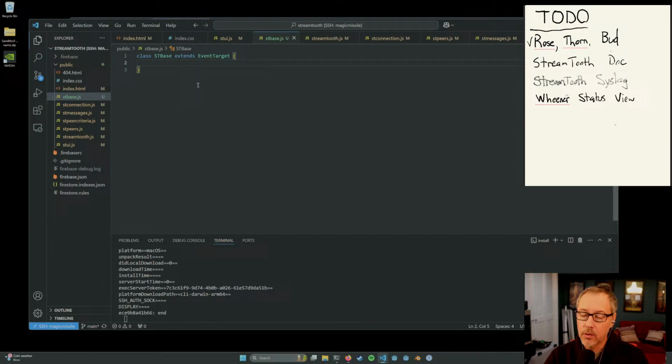I kind of don't like... Here's what I don't like. I have this base, and in the base, all the logging stuff will go. I like that. The logging stuff is dependent on Firebase. But the constructor here isn't taking it. I guess I could do it that way, though, right? I could go constructor, DB. But then everyone's going to need to call this constructor. And I don't like that. I don't want that. So that doesn't work.